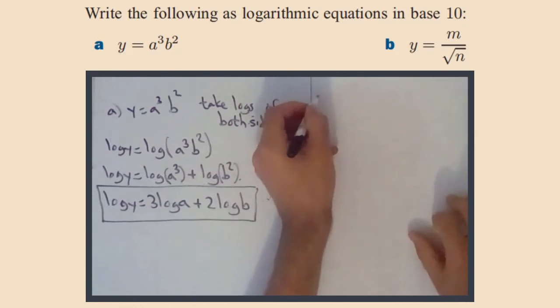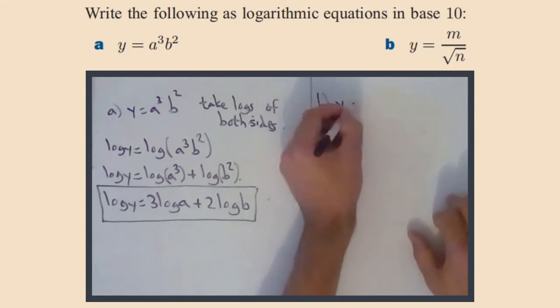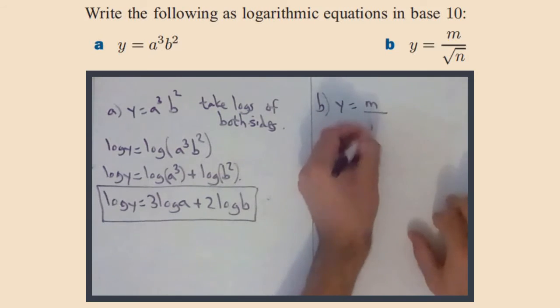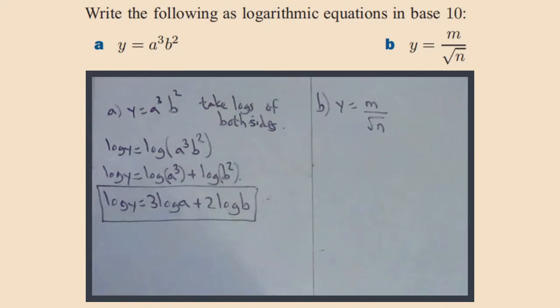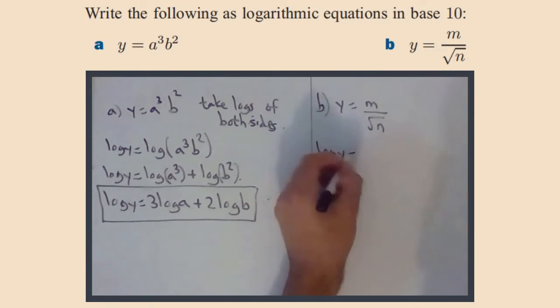Part B. Y equals m over root n. So again, we're going to start exactly the same way. Take logs of both sides. It specifically asked us for base 10, so we're just going to write log left equals log right. Log y equals log